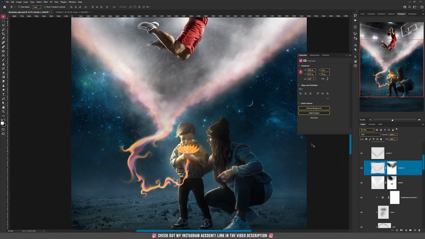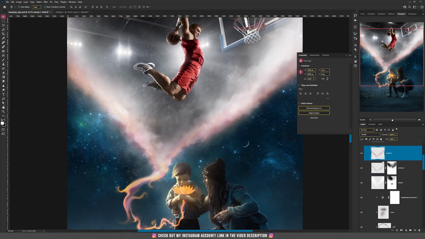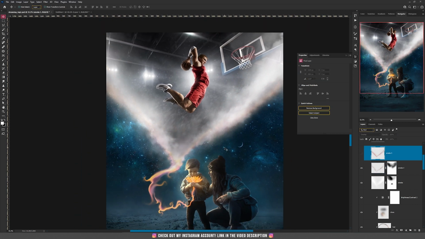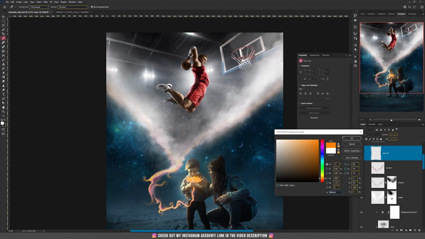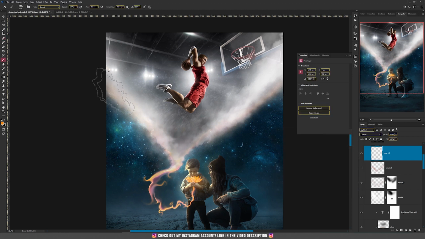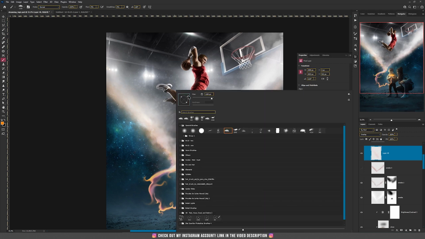And then I did the same thing, I added more colors, but this time I used the overlay. So if you want to quickly learn, let's create a new layer and set it to overlay, and take the same brush tool, the cloud brush tool, but this time let's change the color to some orange color, and then I painted on the sides with that orange color, right click and change the angle from the